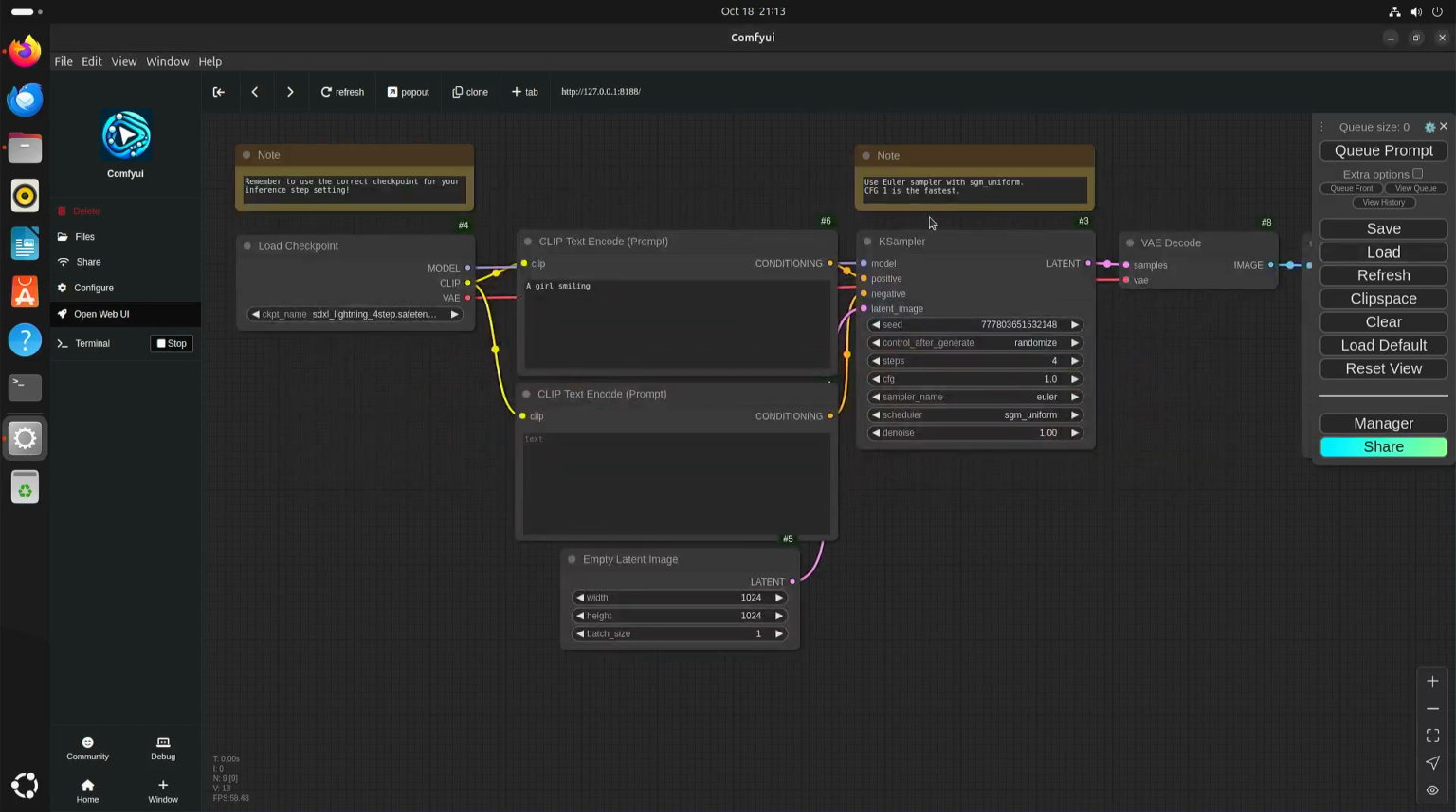So here you can see they say use the Euler sampler and SGM uniform for the scheduler, and CFG 1 is the fastest. CFG stands for Classifier-free guidance. Now that was something that so far I never had to play around with,